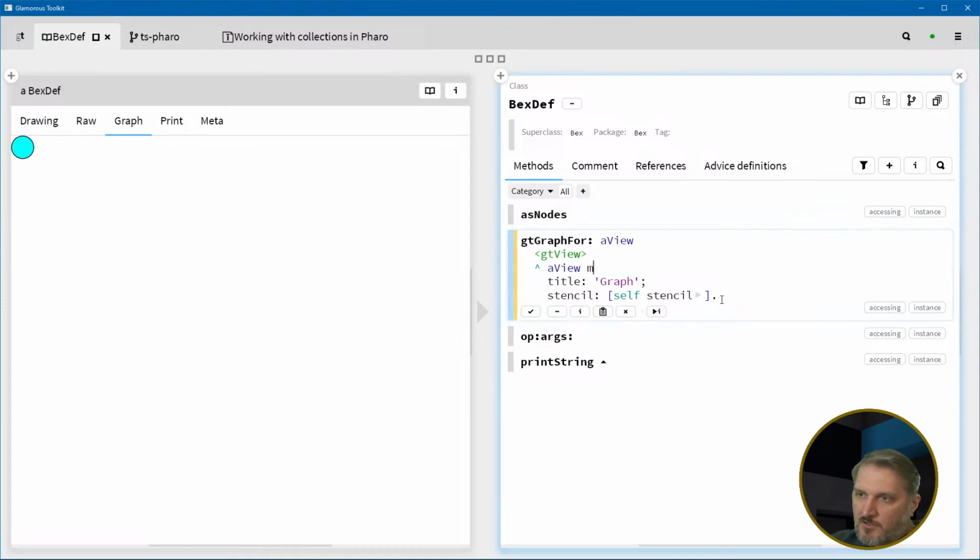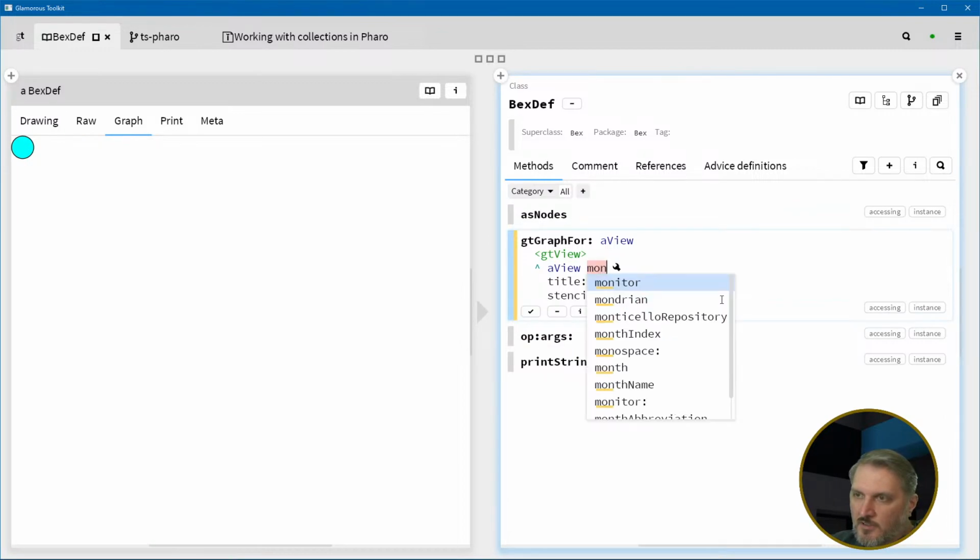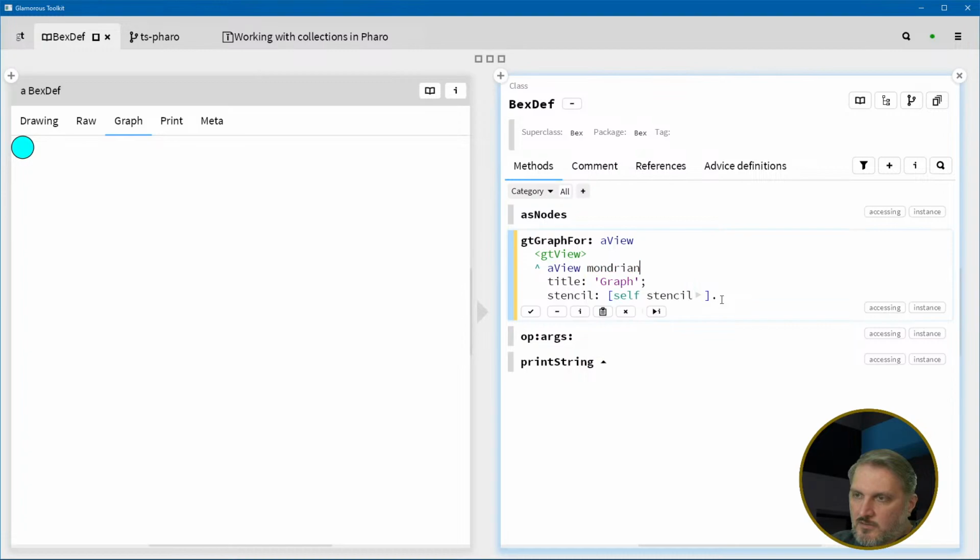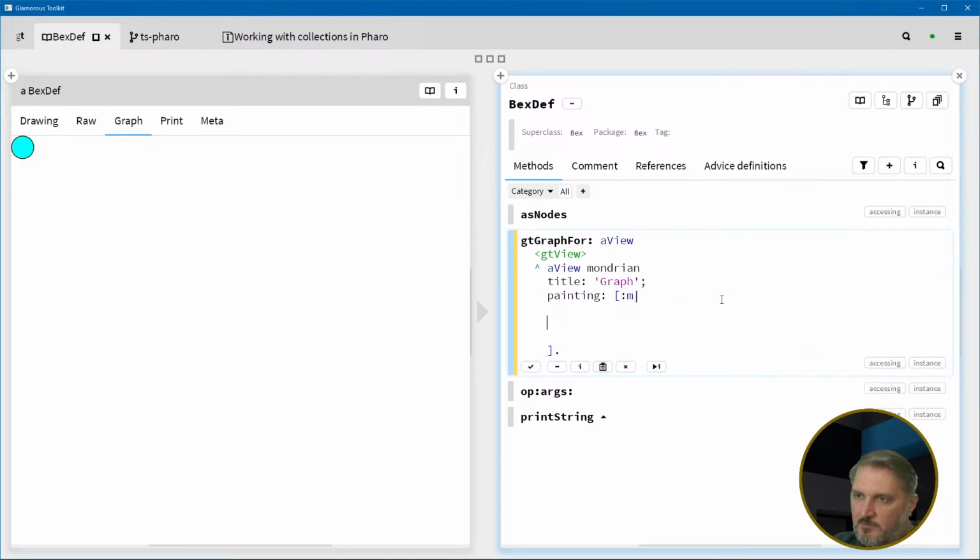This is going to be a Mondrian. It's basically the same thing as what the canvas did, right? And so we say painting, and then this takes the Mondrian, right? So it takes the M, or the G or whatever. So we say M nodes